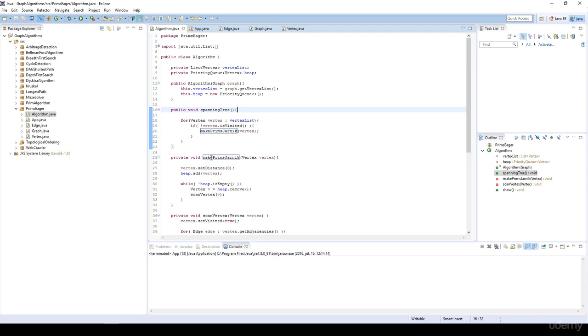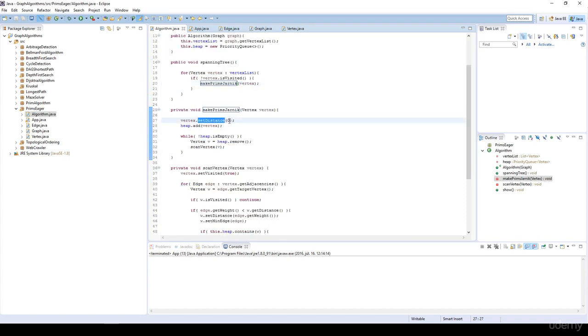Okay, and basically this makes Prim's Jarník algorithm going to get a vertex, because we have specified a vertex here, set the distance to be 0, because we are standing here, the distance from the minimum spanning tree is 0, because we are here. Then we add this vertex to the heap, and while the heap is not empty, first we remove the vertex